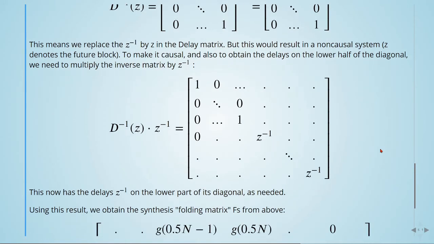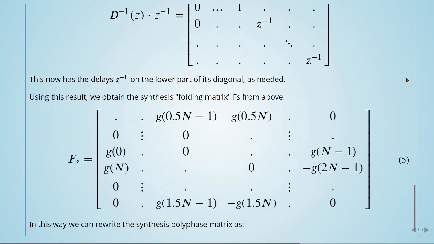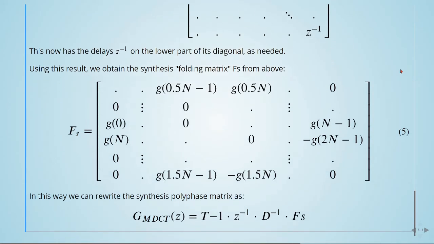So what we did is, to make this delay matrix causal, and also to obtain the delays on the lower half of the diagonal, we multiplied the inverse matrix by z to the power of minus 1. And using this result, we obtain the synthesis folding matrix F_s. It's given by this matrix. In this way, we can rewrite the synthesis polyphase matrix as G_MDCT of z equals T